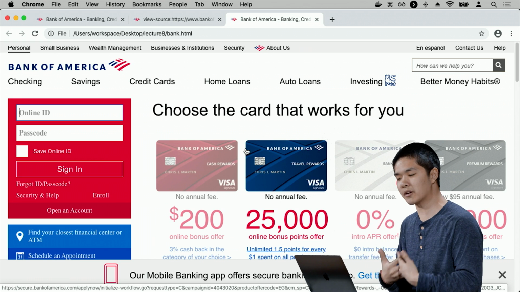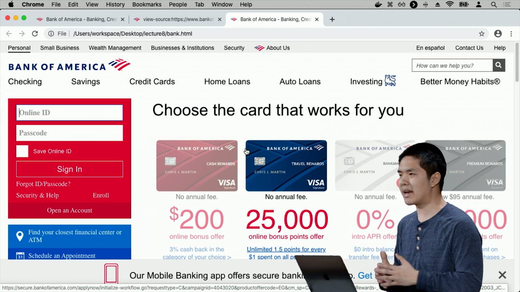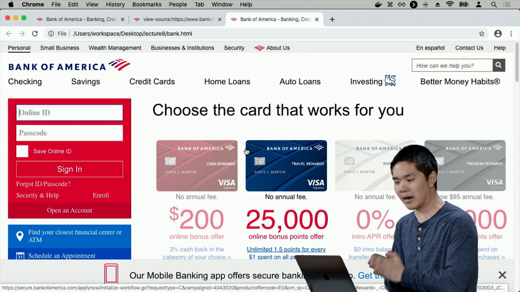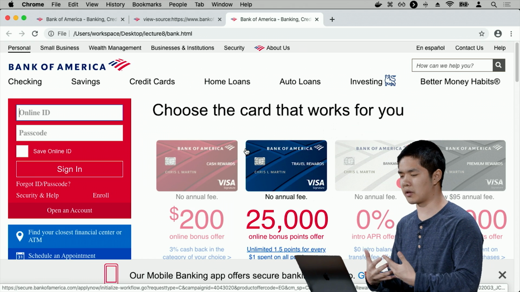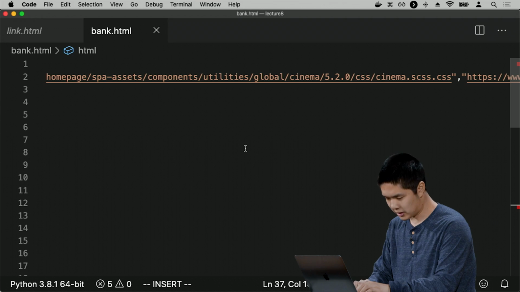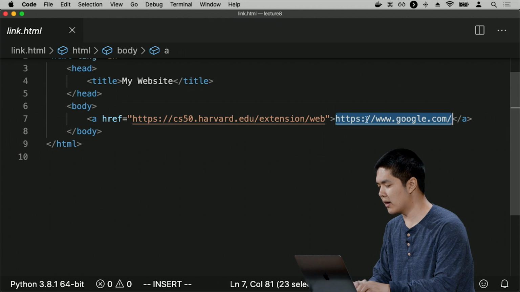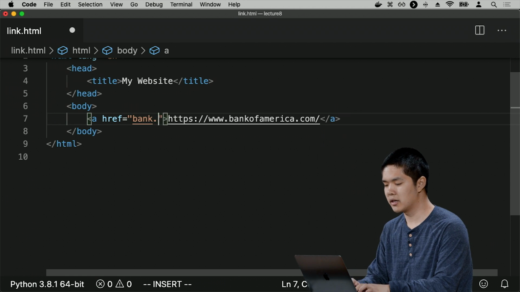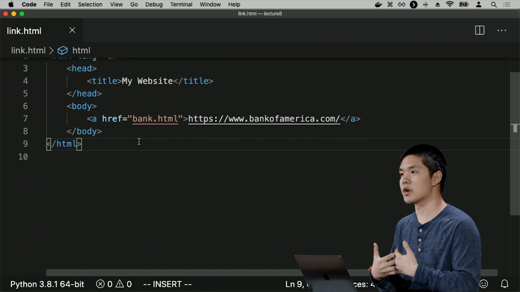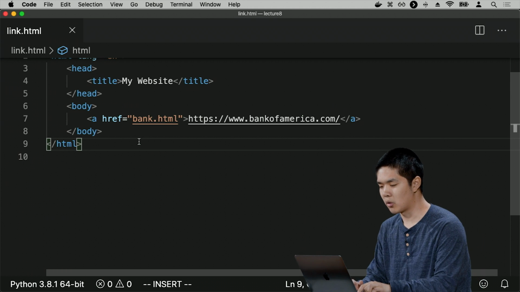It's using all of Bank of America's HTML, but instead it is my HTML page and not actually Bank of America. And so you might imagine combining these to create an even more concerning attack vector, where instead of linking to google.com, let me try and link to bankofamerica.com. But where I'm actually going to link to is bank.html, my version of Bank of America's website,